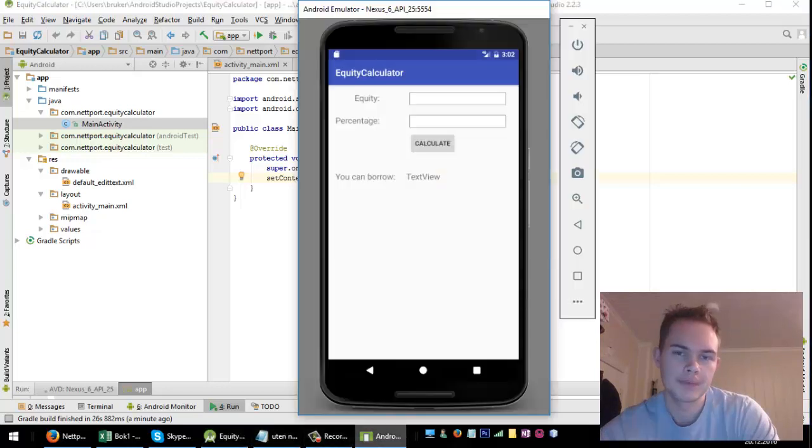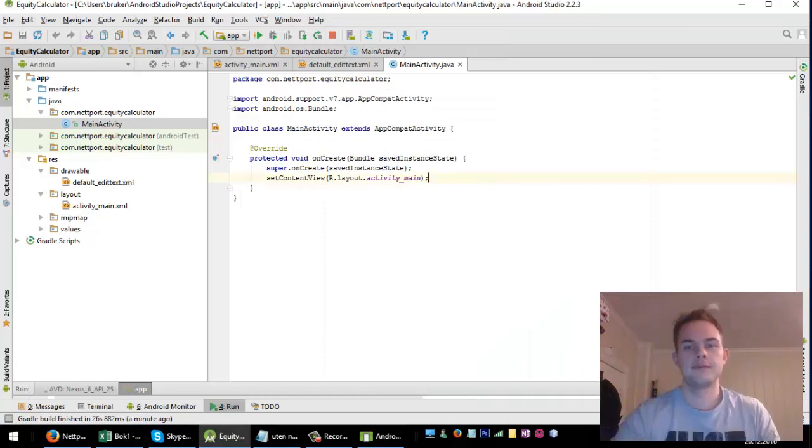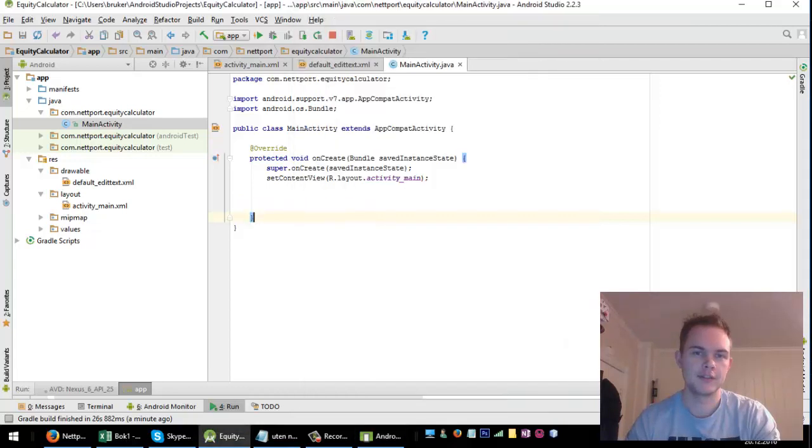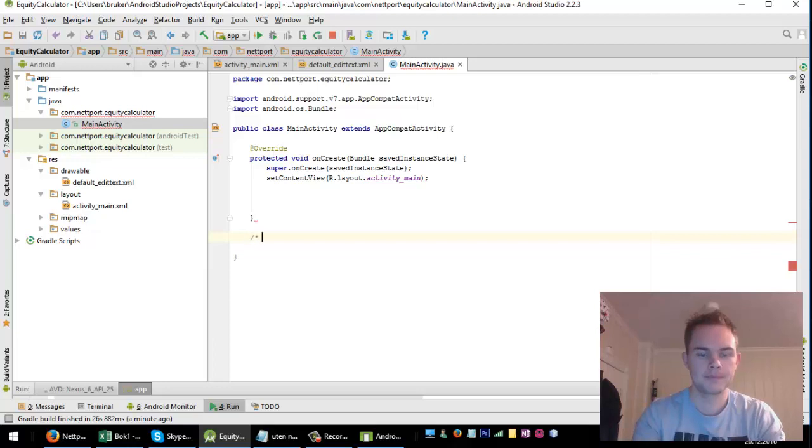So this is our application now. It looks very cool, and we are going to program it. The first thing I want to do is create a method for the calculation of the text view. Calculate. So I will create a void method. I will just name it calculate,